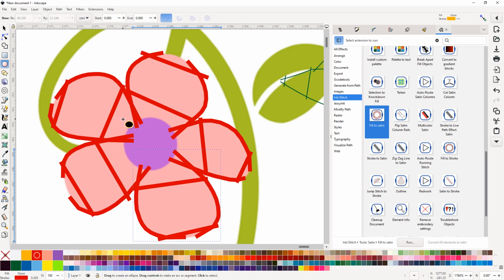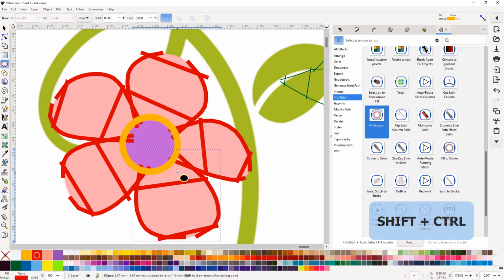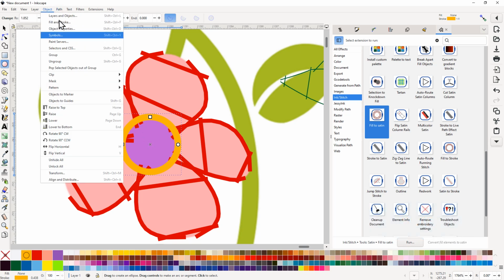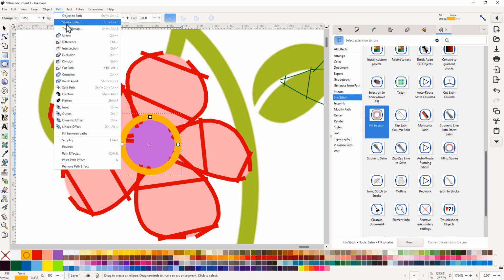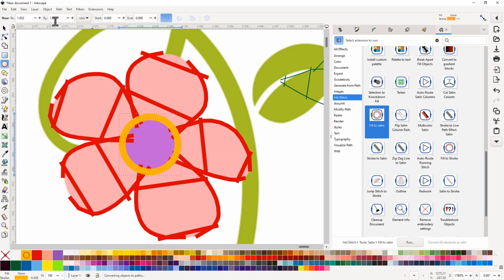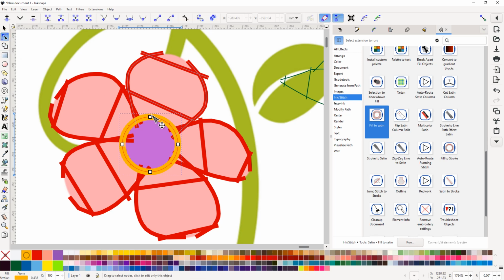what we can do is, I'm going here to the center, Control Shift, and I can draw a perfect circle, and holding down the Control Shift, that will draw from the center. So that is why I put the mouse in the center. Then I can go Path, Object to Path, and then Node Select, and select those two nodes, split at node,